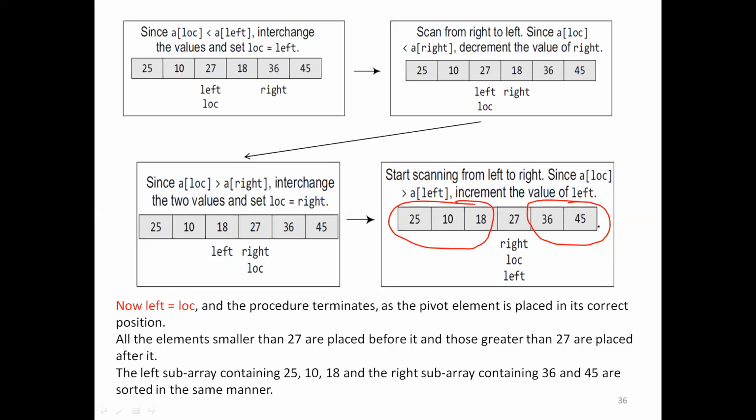So finally, you will combine all the elements. Once you combine all the elements, you will get the sorted order. In some other examples, they take the last element in the array as the pivot element. In some algorithms you can take the last element as the pivot. It is your choice. I already told you. You can take any pivot element. For our case, we took the pivot element as the left